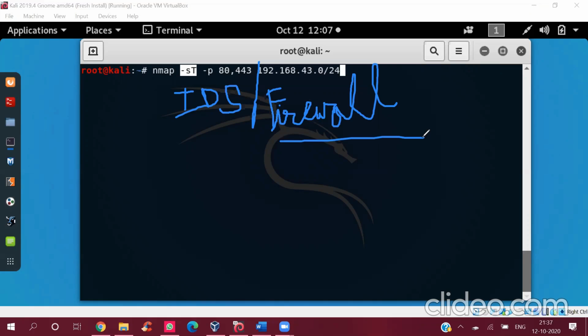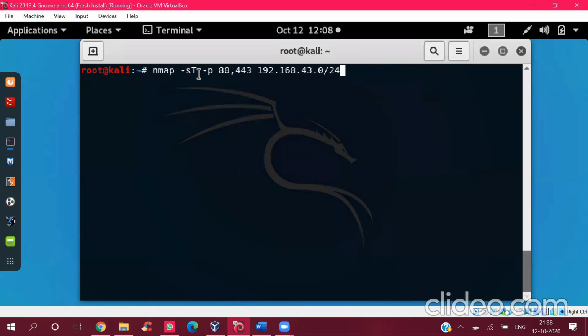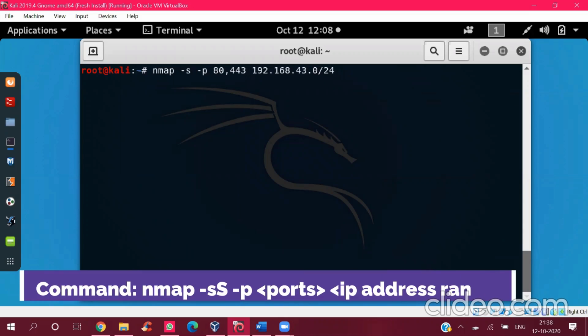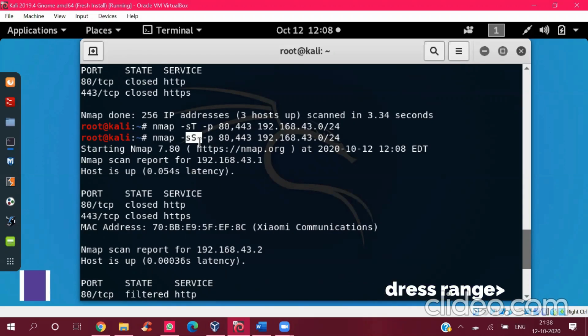It might stop you in your tracks, but we can be more stealthy, and here's what we can do. Instead of using the sT command, we can use the sS command. The S here is for stealthy, often referred to as a SYN scan or half-open scan, as opposed to the full open scan that we just did.